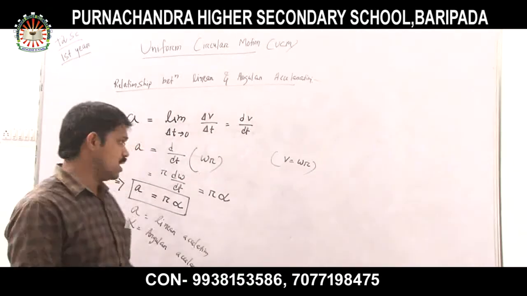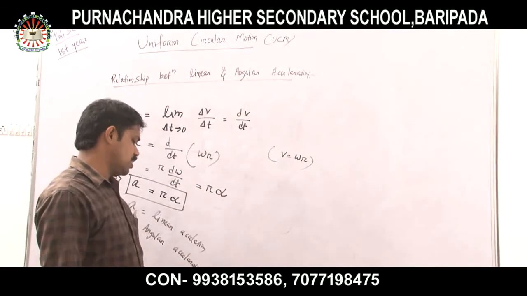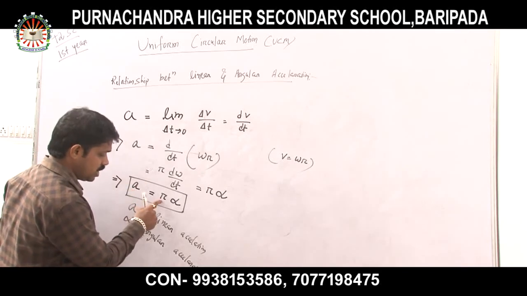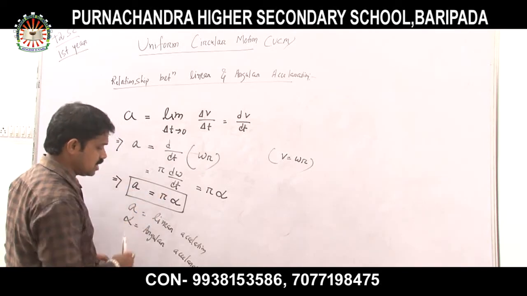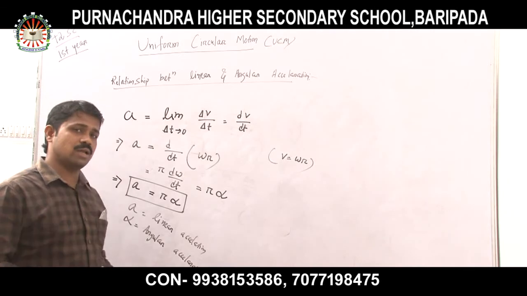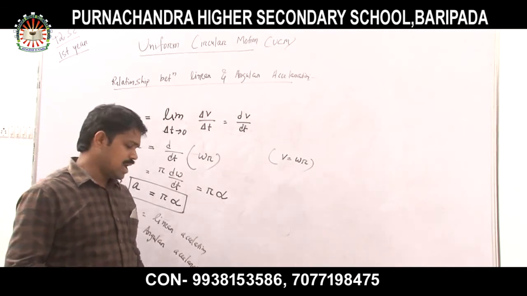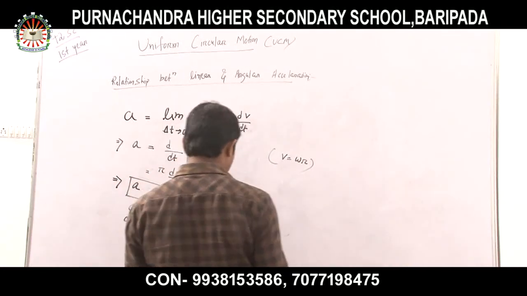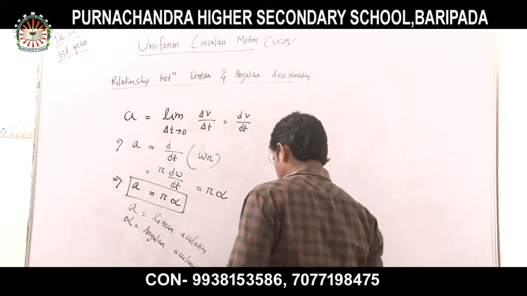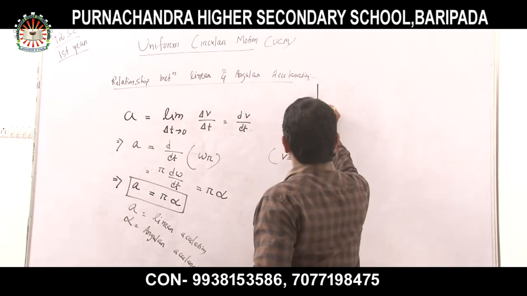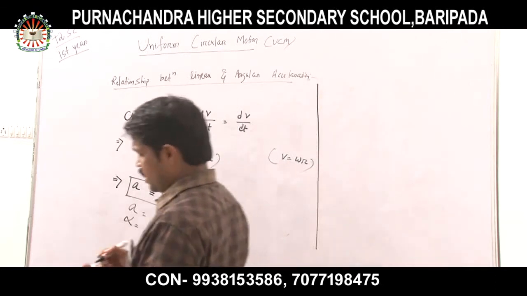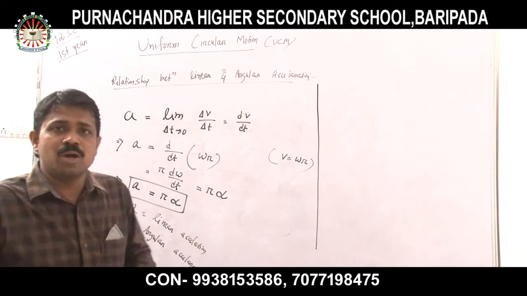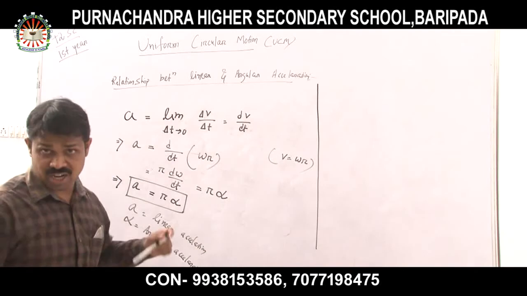Understood, all of you? Clear? So that is a very important relationship. Again I will repeat, linear acceleration is equal to radius into angular acceleration. Clear, all of you? Okay, now from this expression, all of you look at here, I can find out another interesting thing: in case of a circular motion, actually we have two components of acceleration. So let us find out how.